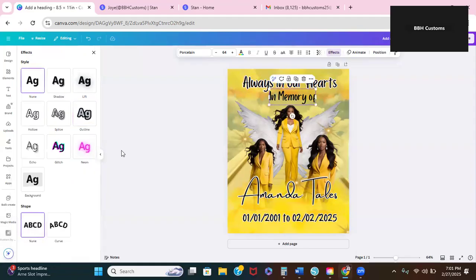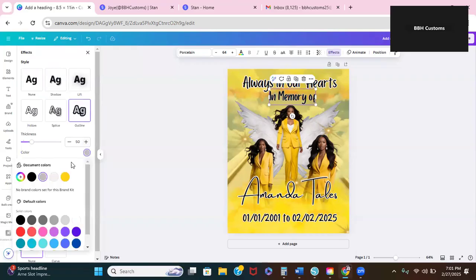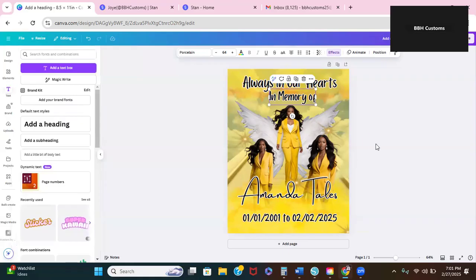And once we outline it in white, we're going to do the same thing with the in memory of. And just like that, we have created a